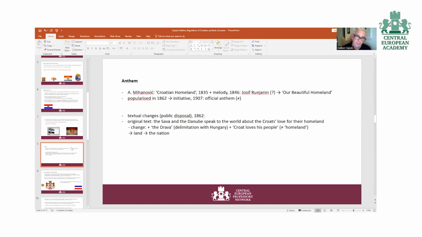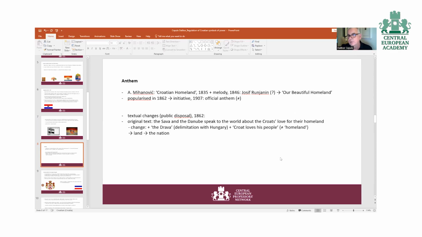Now we will turn back to the symbols. Now I will say a few words about the appearance of the national anthem. It appeared on the basis of the poem of Croatian homeland and upon the melody composed in 1846 by Josip Runjanin. Interestingly enough, he was a cadet of Serbian Orthodox origin, upon whose melody the Croatian national anthem, Our Beautiful Homeland,